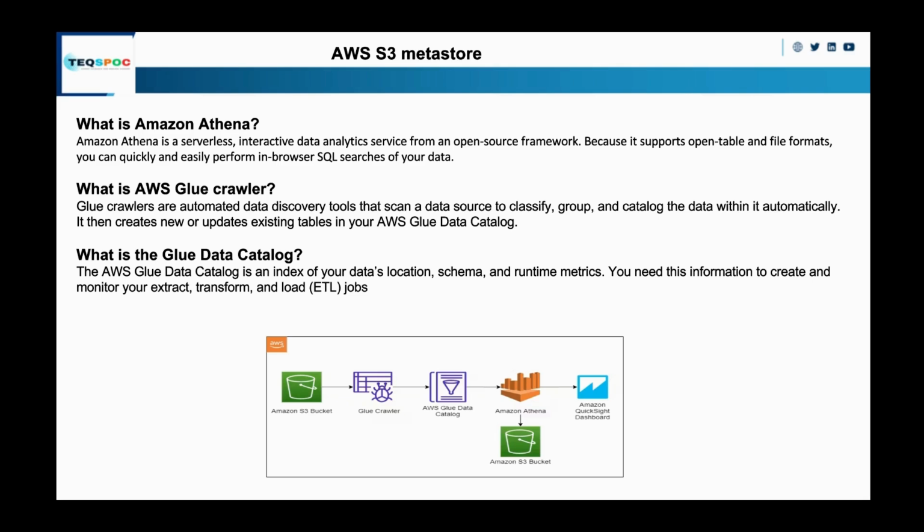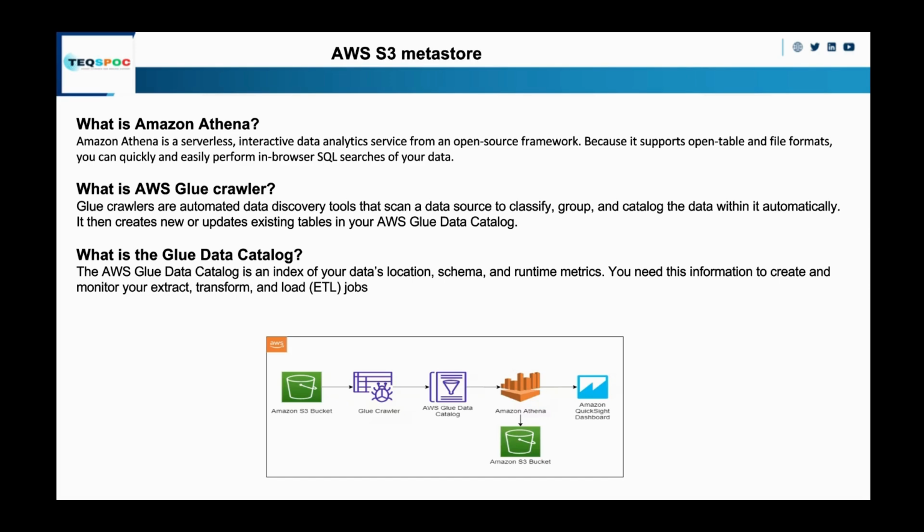So similarly, this Glue Data Catalog will hold the metadata information of the S3 data. Metadata information as in the rows, the columns, the schema, and the data types for each and every column. What are the data types? All this information will be held by the Glue Data Catalog only. So it's kind of like a messenger, or a vessel, that connects S3